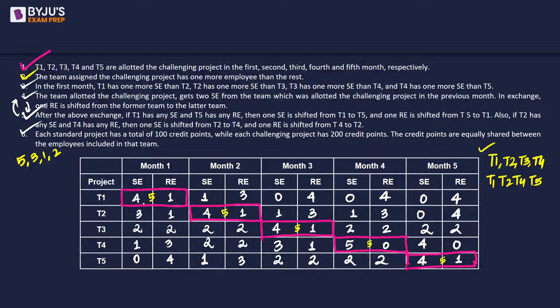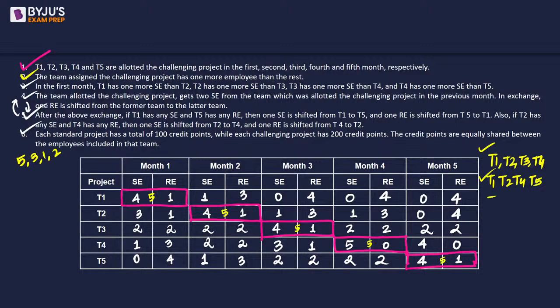So he's working in T1, then in T2, and then he doesn't work in T3. So he gets moved, but he's not working here, right? And then he moves to the next one and he moves to the next one. It is very much possible because he can score a maximum of 40 points in T1, T2, T4 and T5 every time he is given a challenging project. The next one is